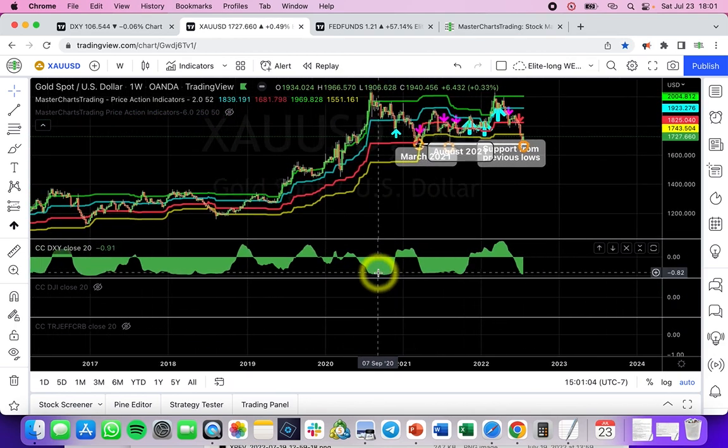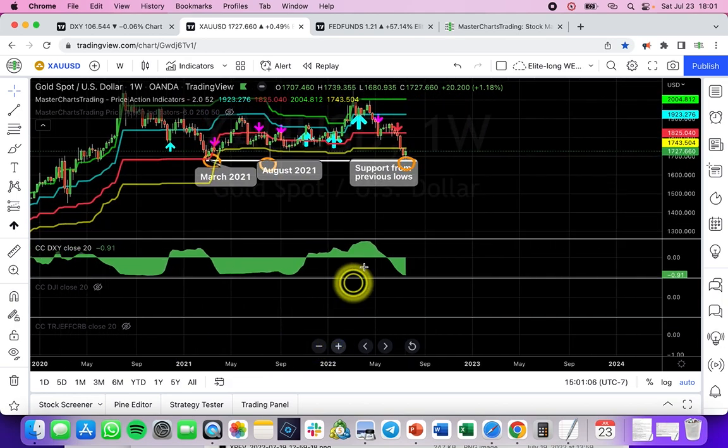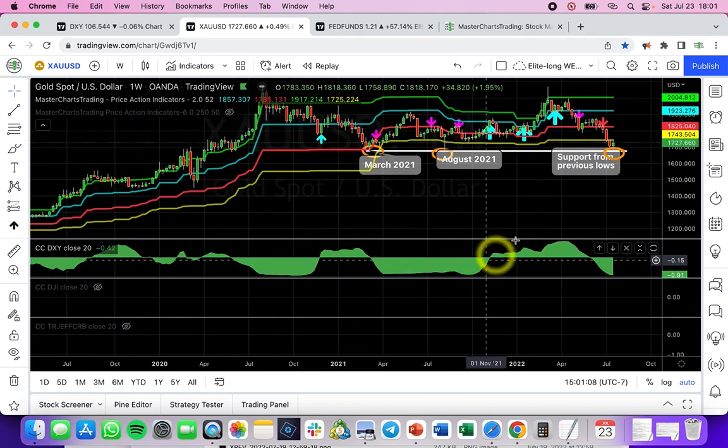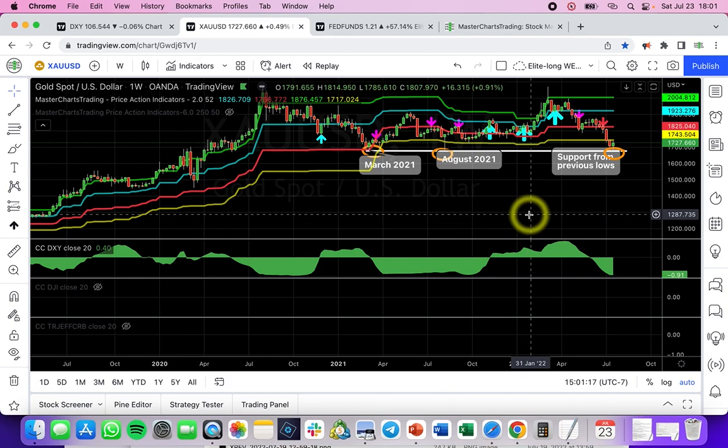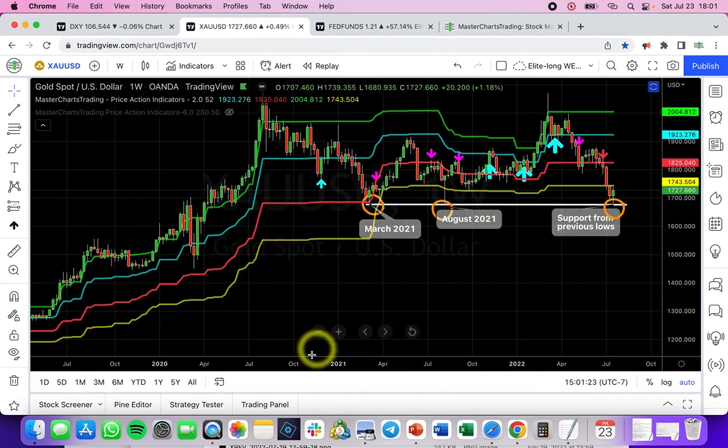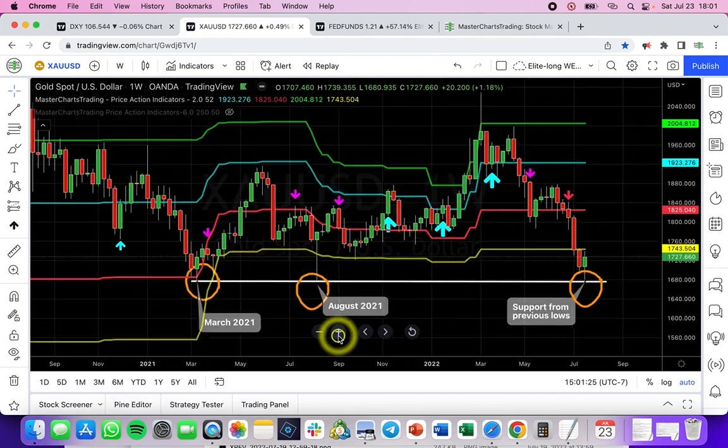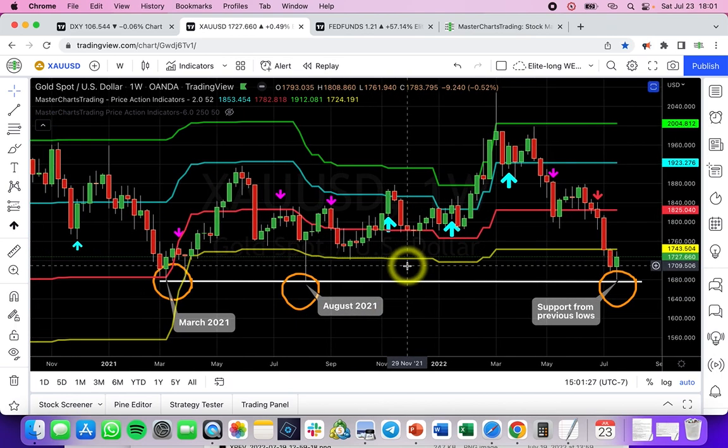For example, one of the very latest examples right there was from November of 2021 until very recently. We had positive correlation between dollar and gold. So do we worry about correlations? Yes and no. So when we trade, I would prefer to just look at the chart and avoid looking at